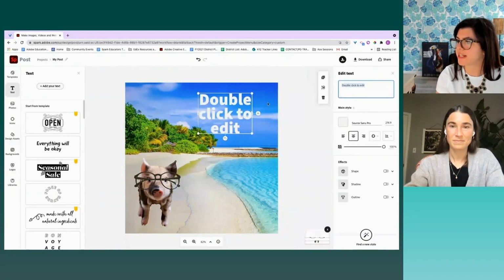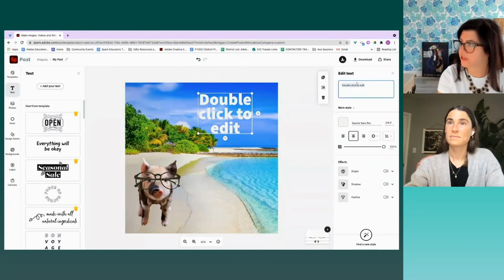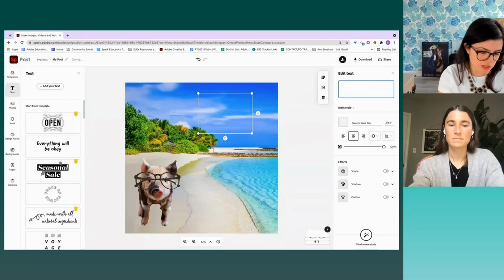So I added my text box. I could have chosen from some of these fancy ones, but I didn't. I click on that, and then on the right-hand side, this is also fairly new, I'm going to add my 6-word summary. So: innocent,